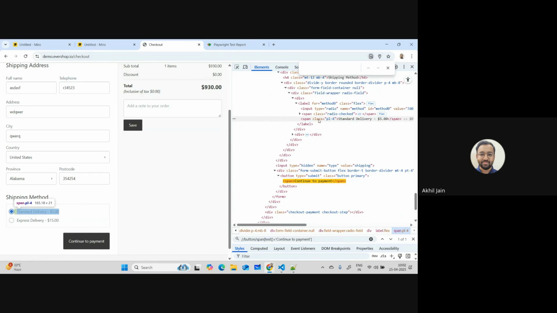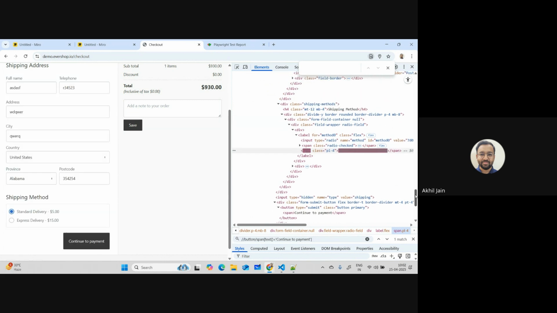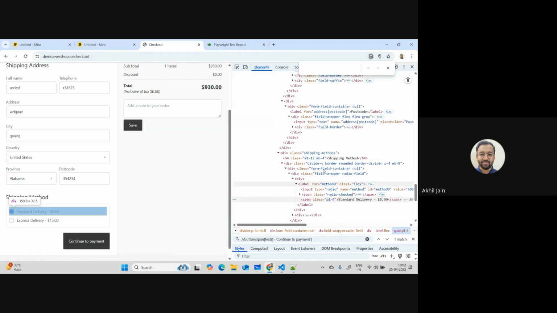So let's do a Control F. You see this standard thing, right? And these are displayed under what section? These are displayed under this shipping method section. And under shipping methods there is an input tag, and the span tag can exist anywhere, right? So writing the span tag directly, see, if I show you right now, if I write an XPath like this,